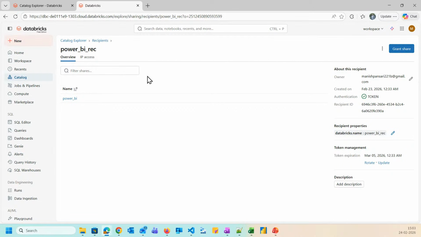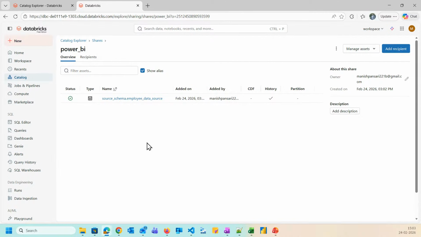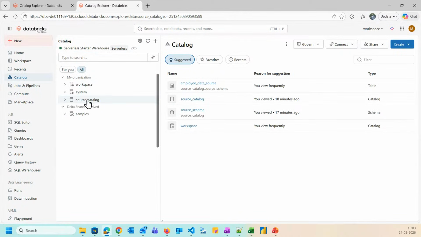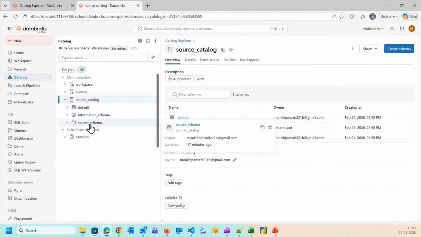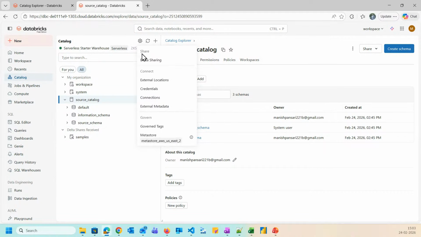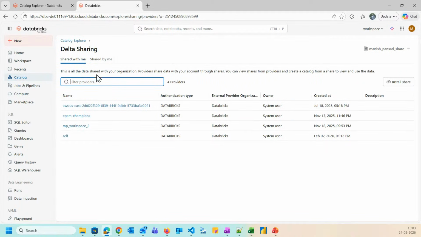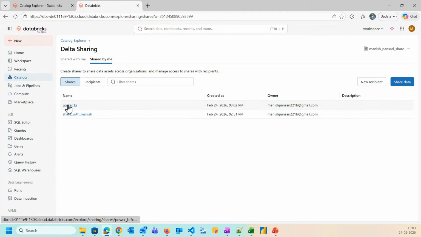Okay, so for this demo, I have created the recipient as Power BI as well. If I open it, you will see what I will do. This is my share where I'm going to share the data with the help of Power BI.